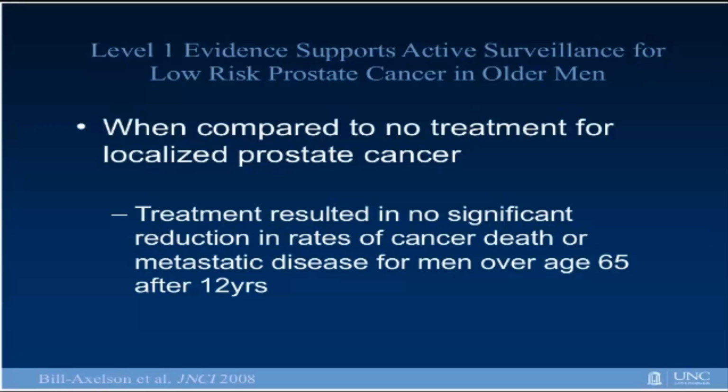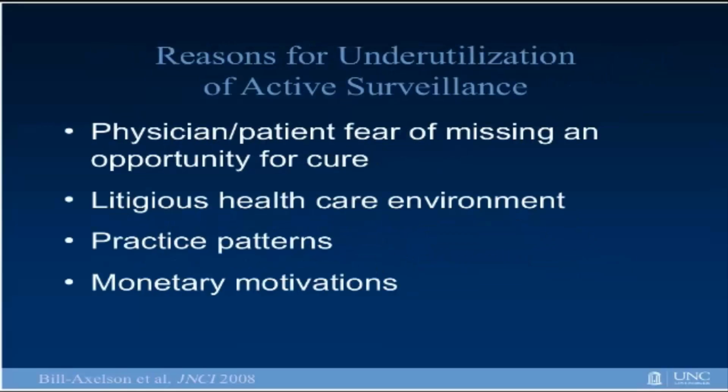A variety of reasons have been suggested to explain the apparent underutilization of active surveillance. I think there's a natural physician and patient fear of missing an opportunity for cure. There is fundamentally some uncertainty in everything we do in medicine, but in this area, we do believe that we have a variety of criteria that can help us identify those cases that have a very low risk of adverse outcomes. Related to that is the litigious healthcare environment in the United States and the concern about missing an opportunity